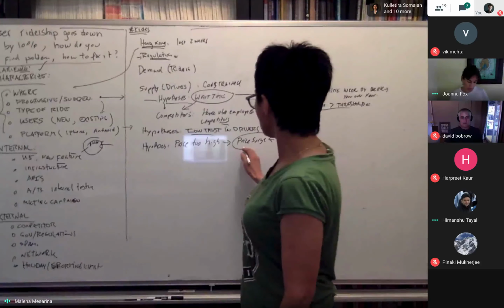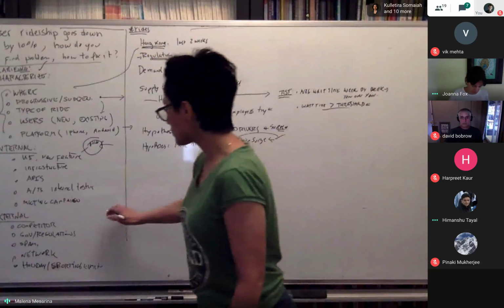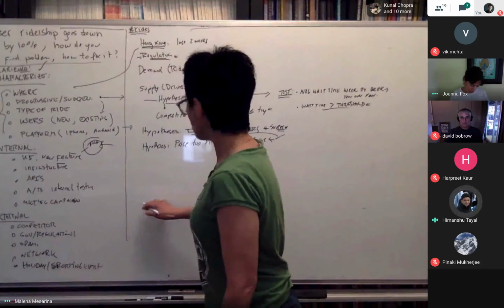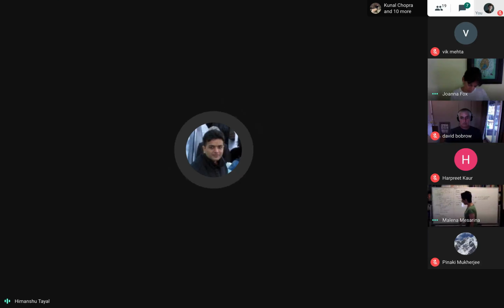Okay. Well, let's say, is it an external problem? I think just looking at your external list, I have another hypothesis which we did not mention earlier, that it could be a pure competitive move. Whereby maybe Lyft is taking advantage of the situation and saying, you know what, we have much better insurance, or maybe they say we'll offer much cheaper rates during this time, right? So it could be purely a competitive move.